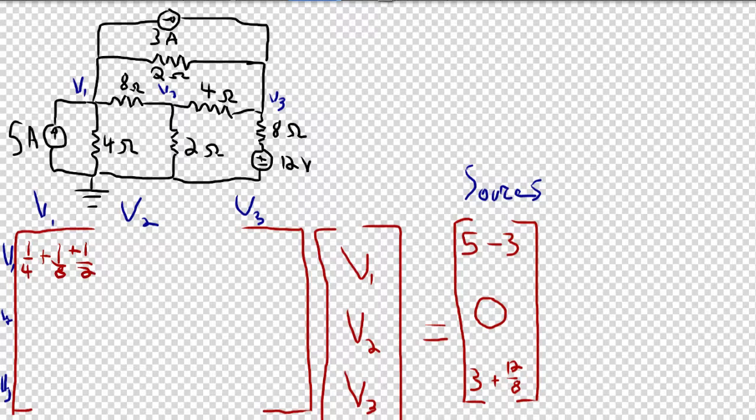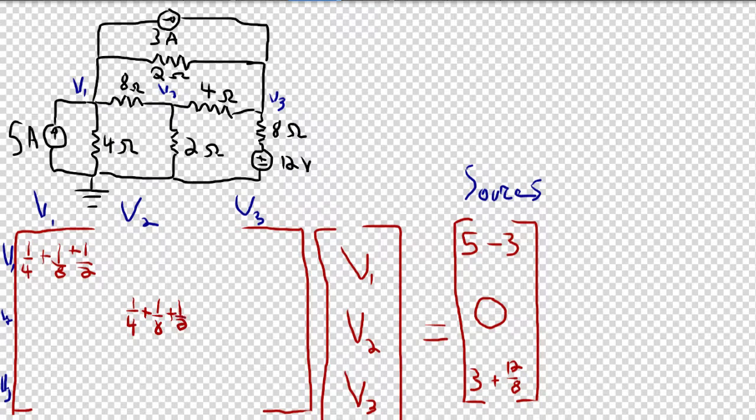Awesome. So what's in this box here? Well, it's going to be all the conductances hooked into node 2, which is going to be, again, a quarter, an eighth, and a half